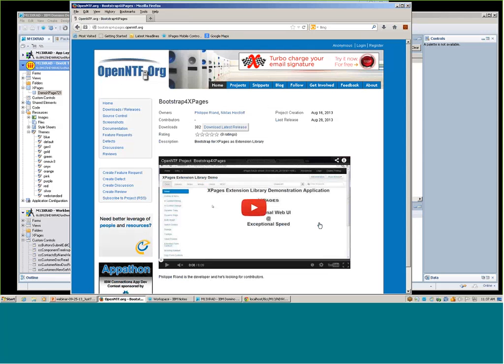Nicholas shows you the extension library demo database with the Bootstrap for XPages theme, and there's a second theme, the Bootstrap for XPages responsive theme, which lends itself to tablet devices and mobile devices as well. So very exciting area and some very high ownership around this. Philippe has been successful before in getting different projects into the product, like the extension library. He was the original owner of the extension library project that was introduced at OpenNTF, and now is part of the Release 9 product. So some promise there, just watch this space.